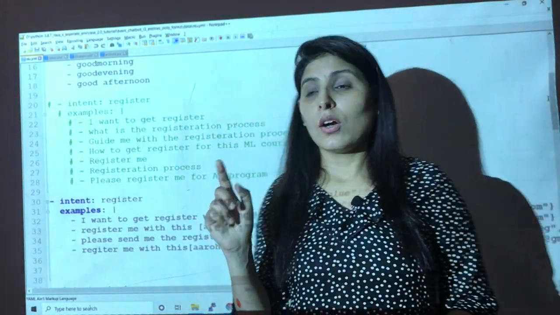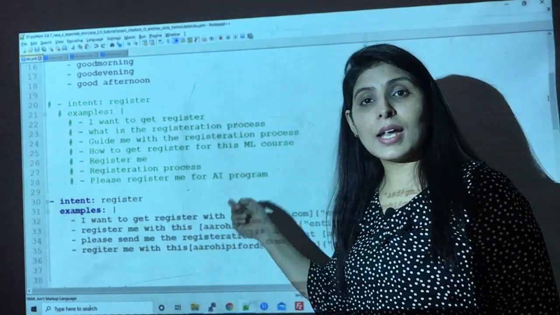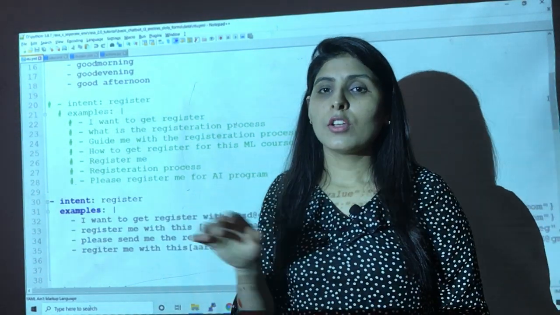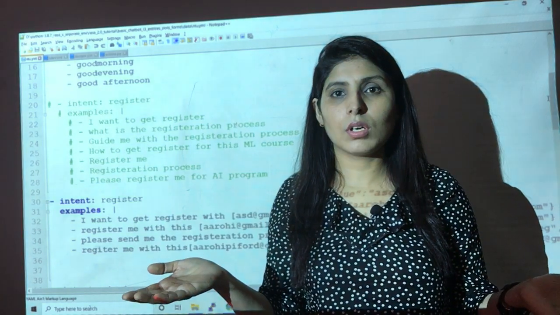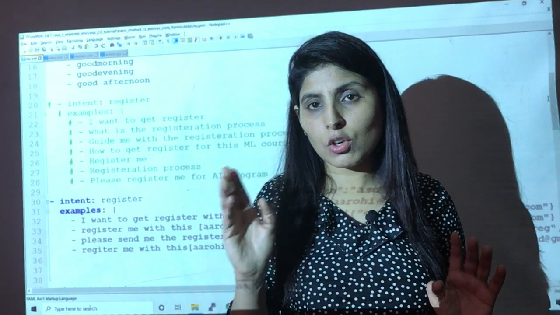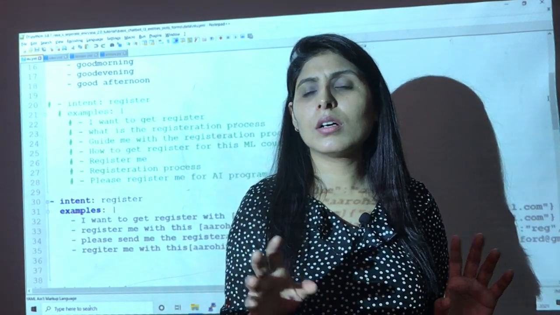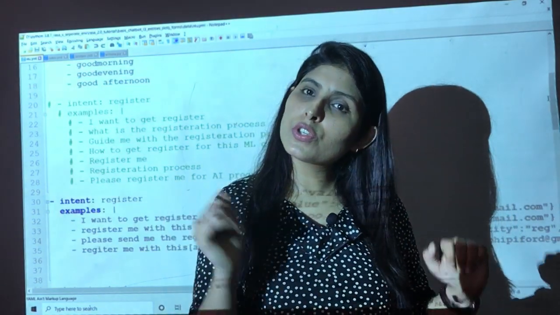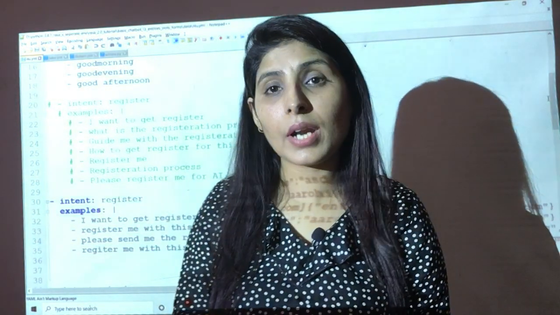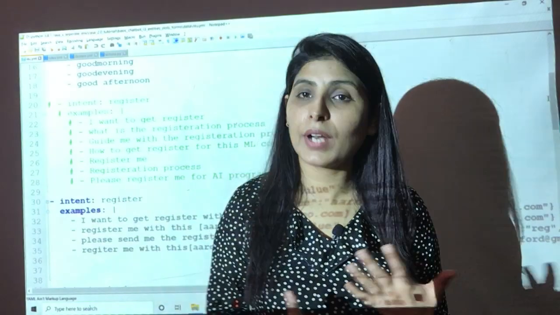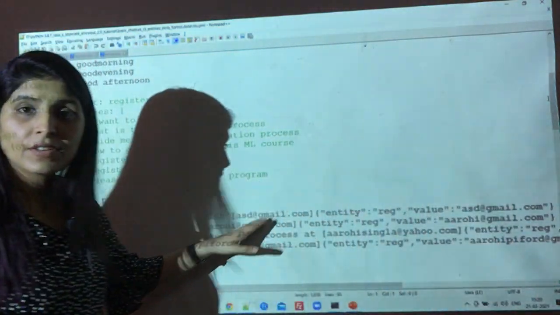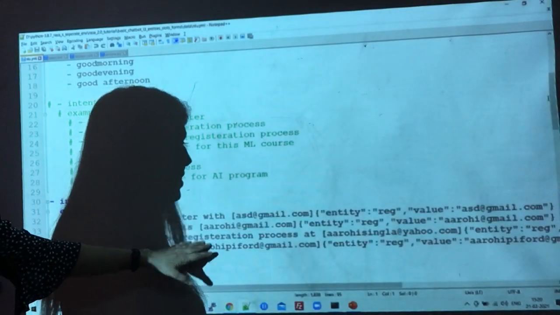If you write something in capital letters and in the value of the entity you write in small letters, you will not get an error, but it is preferable to use the exact same. If you are writing in uppercase, write in uppercase. If you are writing everything in lowercase, then do it that way. Okay, so this is what I have done over here. These are the different examples.